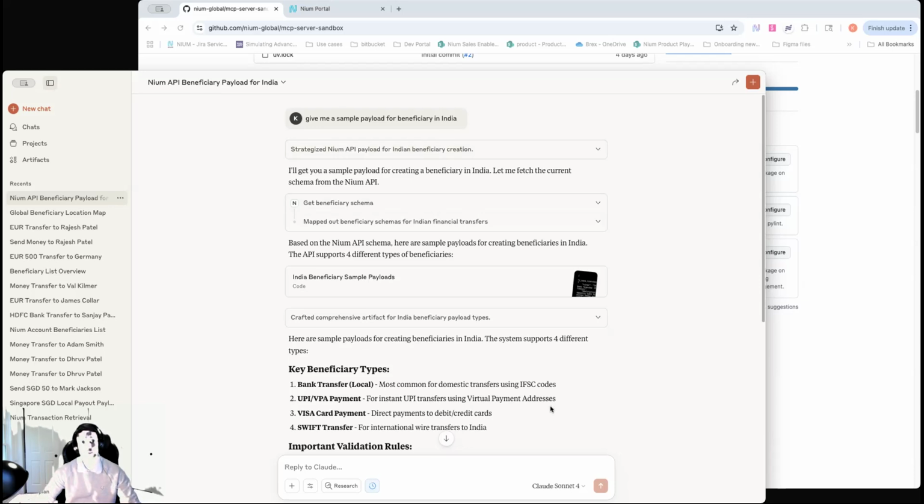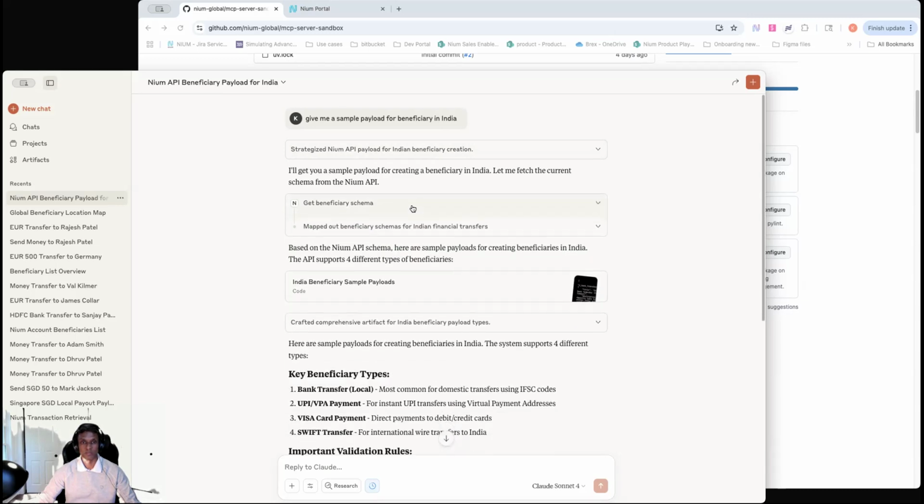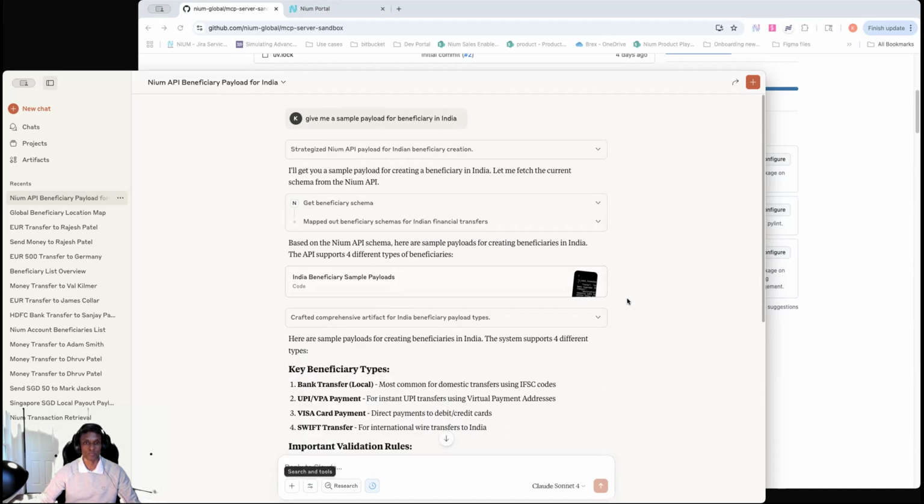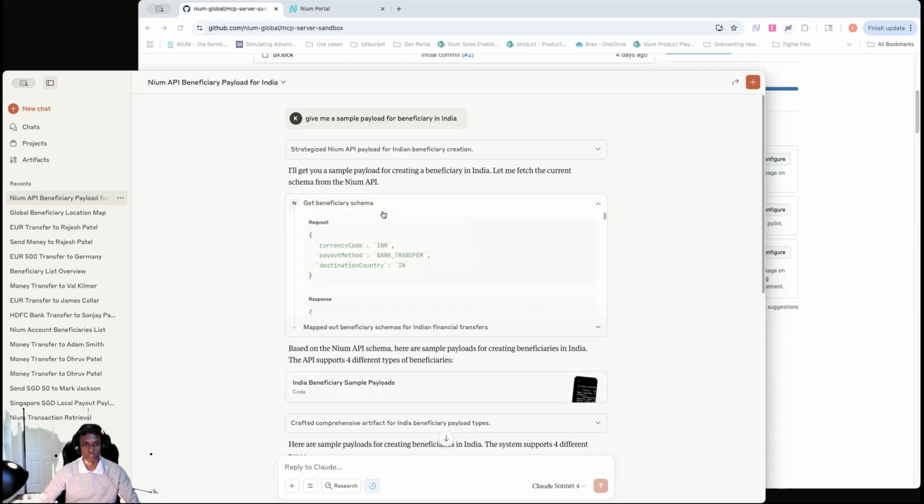a beneficiary in India. We can see that the call is made to the get beneficiary API. Just before I dive into that, I also want to point out, here you'll see the Nium MCP server is configured with Claude Desktop, and we have a few APIs, or tools on the MCP server as we call it, configured and enabled on Claude Desktop. So going back to this example, it retrieved the schema, which is a JSON schema, as you can see here. The JSON schema is more a developer-oriented